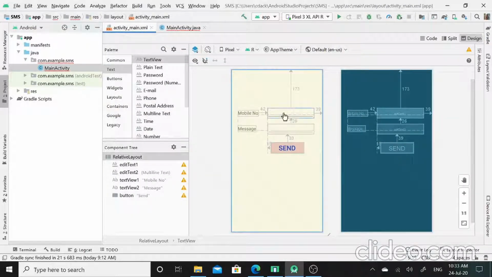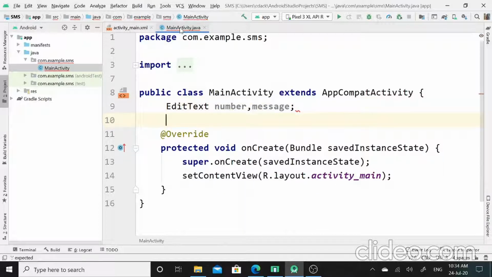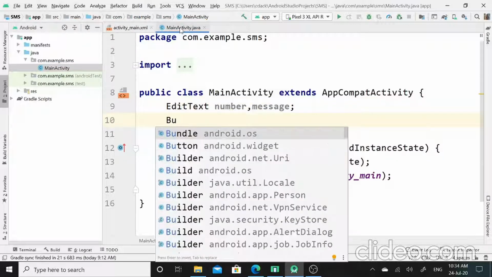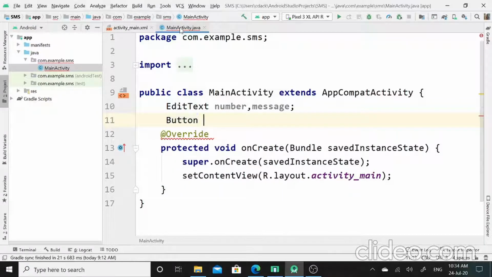This is a first edit text for the contact number. So that I will create number as a reference for first edit text and message as a reference for second edit text. Again I will create the reference for button class, that is submit.